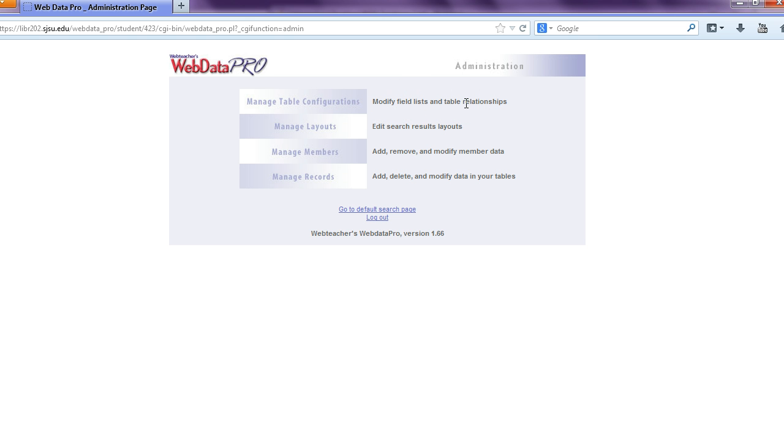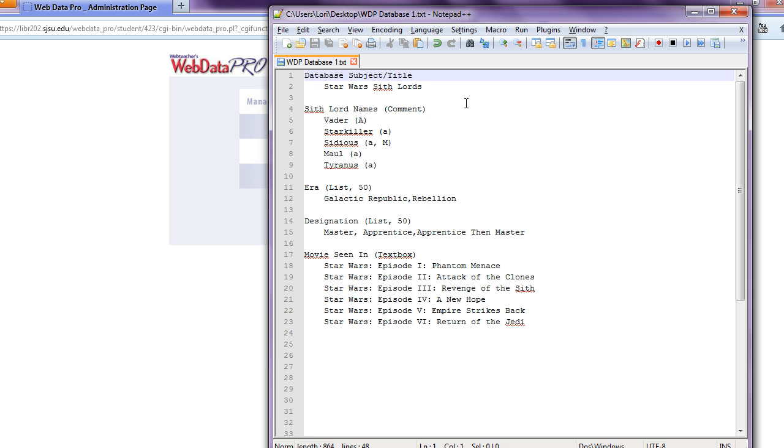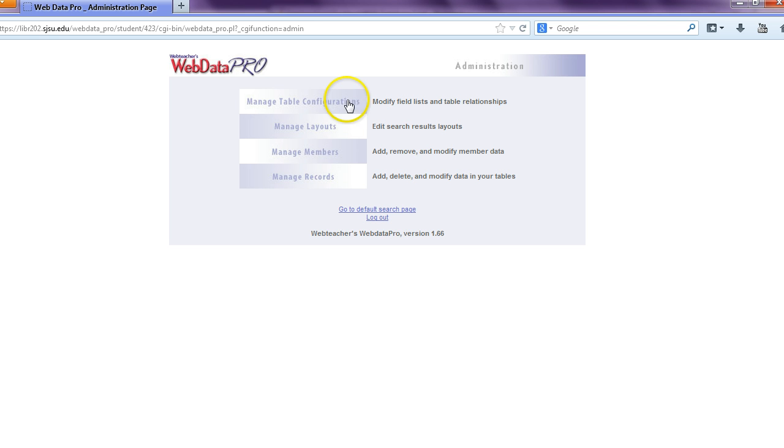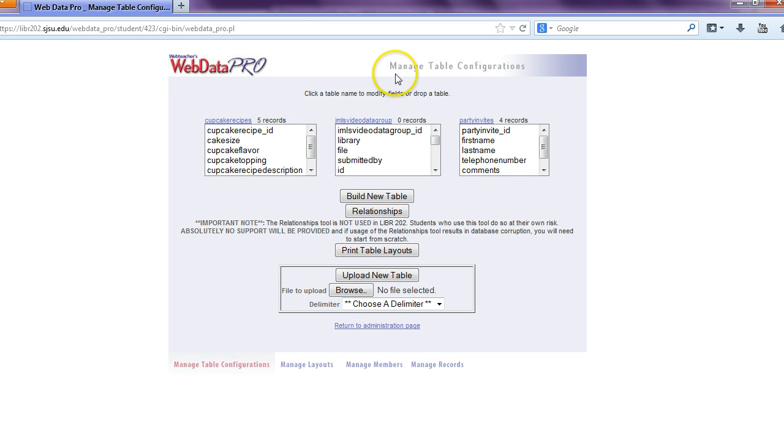Before we go further though, I would like to highly recommend that you get a Word or Notepad document in which you may list your database subject and field entries. So, as you can see here, for my database subject and title, I have chosen the subject of Star Wars Sith Lords. And for those of you who don't know, a Sith Lord is a class of villain in the Star Wars universe. So, let's go back, click on Manage Table Configurations, and we know we're in the correct area